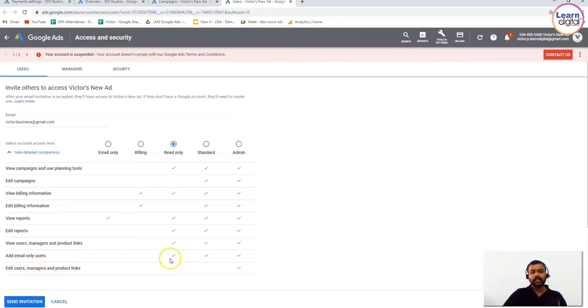You have all these options. Now edit users and manage product links is for admin only; none other than admins have these authorities. So I can make Victor either an admin, or a standard user, with only these options, or I can give him only read only access, wherein he can only read my campaign, nothing apart from that.